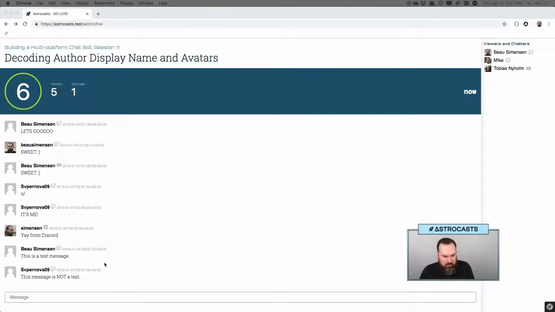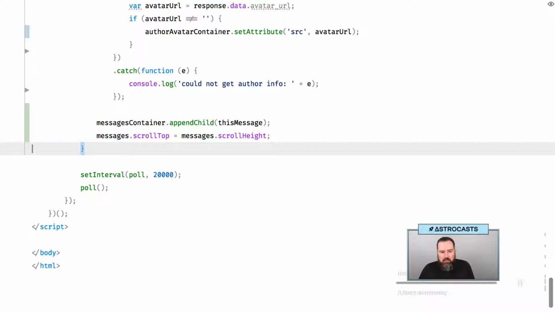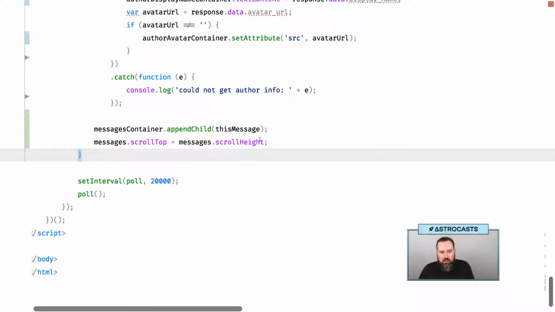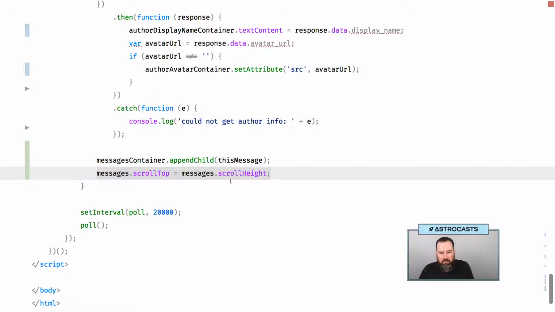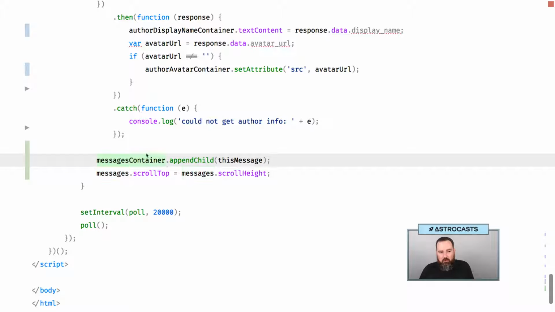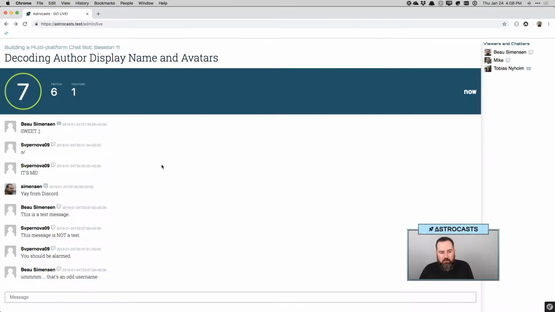Yeah, awesome. So we are getting information flowing here, which is pretty nice. I'm pretty happy about that. Let's pop back to, let's see here, we're scrolling to the top. This was something I knew we needed to do, I just wasn't sure how to do it. One thing I'm probably going to want to do is handle this after the fact, so if I'm scrolled up into chat,